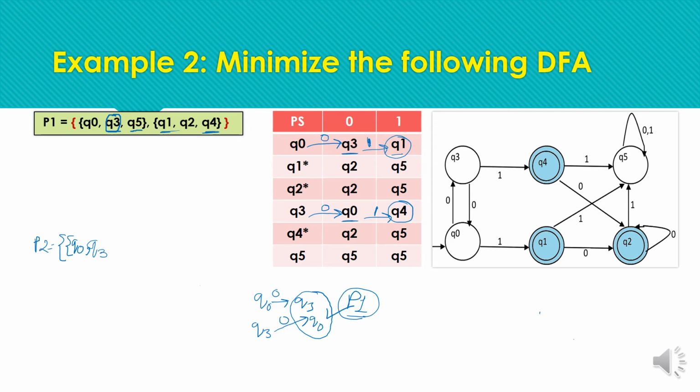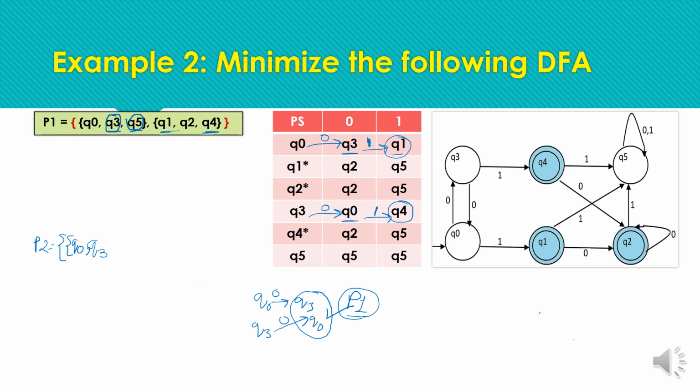Okay, now let's check whether Q5 can be part of the same group or not, meaning we have to check the compatibility of Q5 with Q0. As we have already checked that Q0 and Q3 are similar states, we could also do the process with Q3 and Q5. It's up to you. We are starting with Q0 and checking the compatibility of all other states with Q0 only.